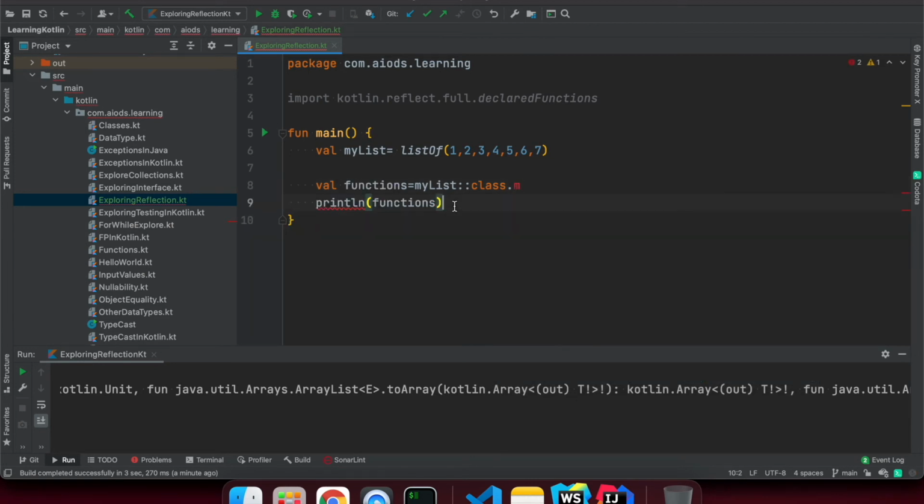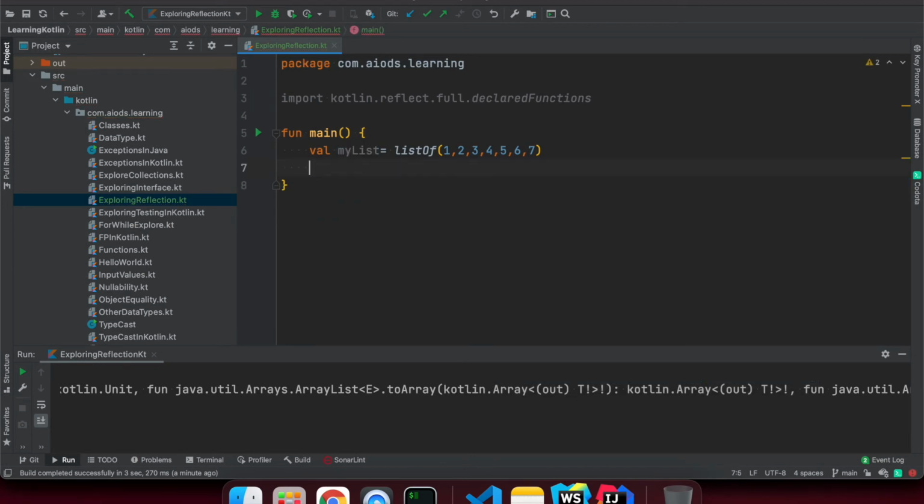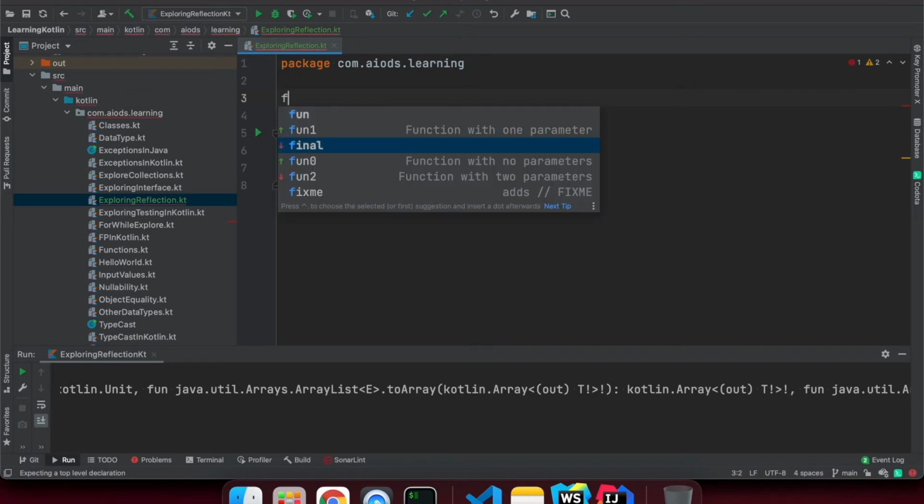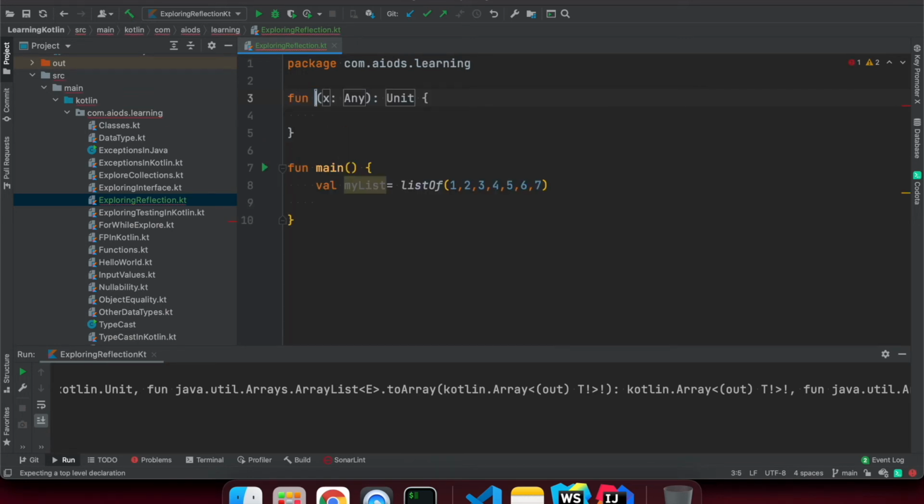So let's try to create one more example. Suppose I wanted to create a method to check whether a number is even or not, and we can use reflection. I'm going to explain how we can use that method reference here. I just want to create a function, fun, that takes one argument x of integer type, and we are going to return whether x is even or not.